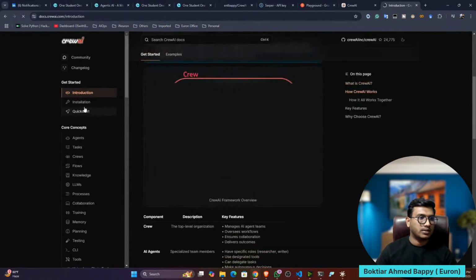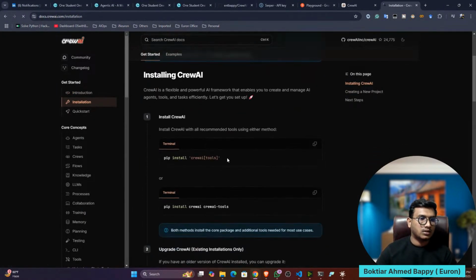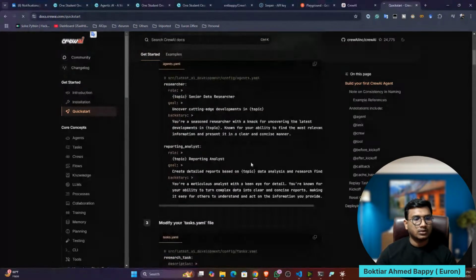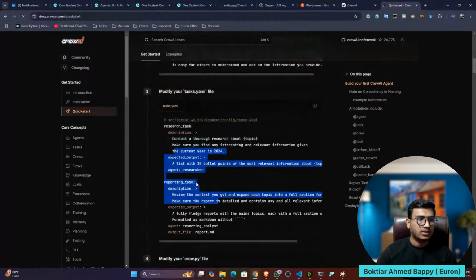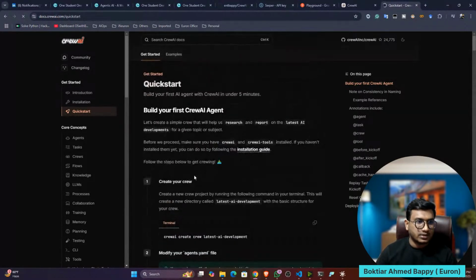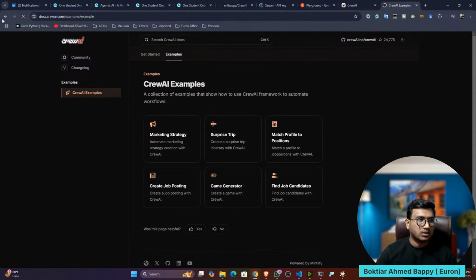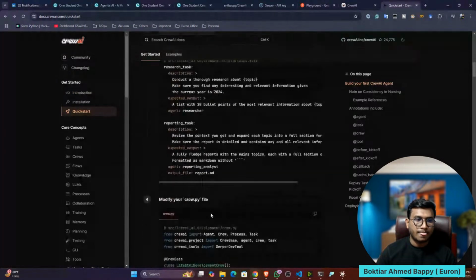Here they have given the installation guideline, how to install Crew AI, then the quick start code. They have given everything there. So first of all, let's see my implementation, then you can start with your document discussion.